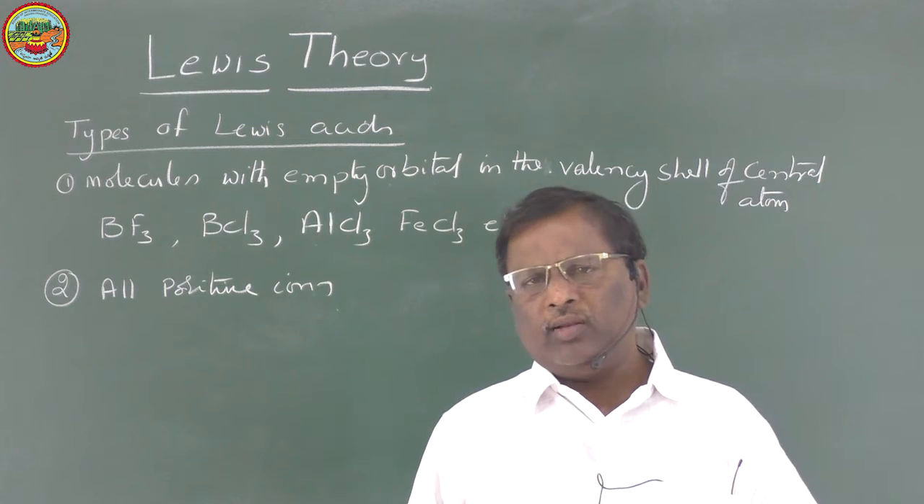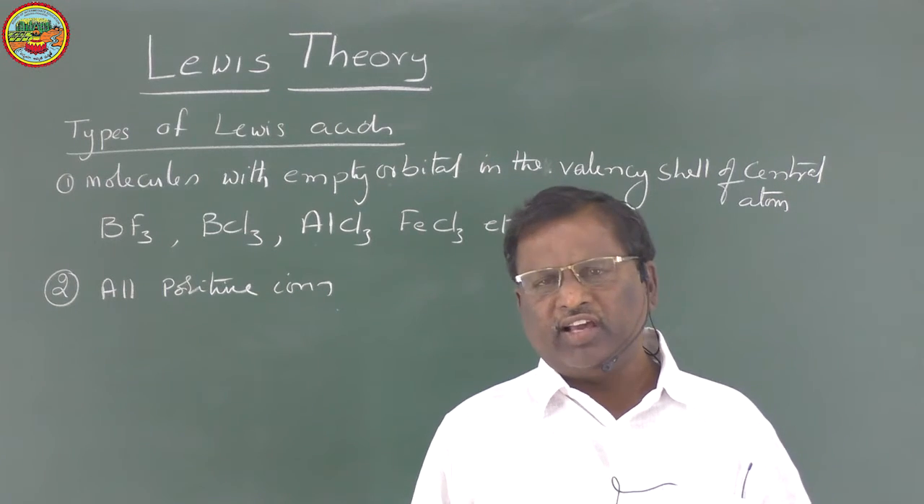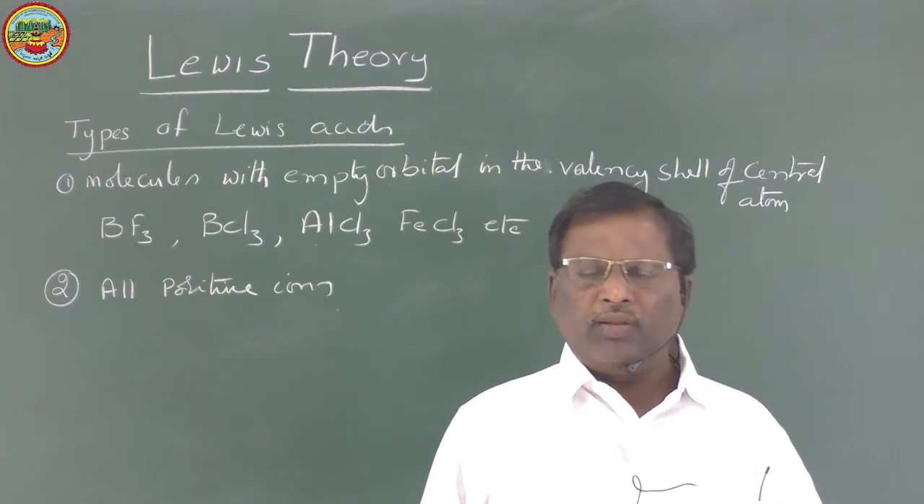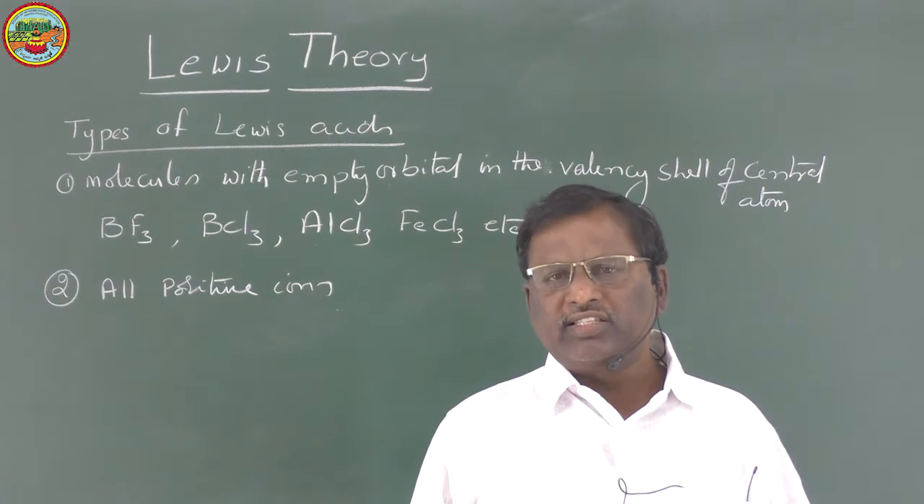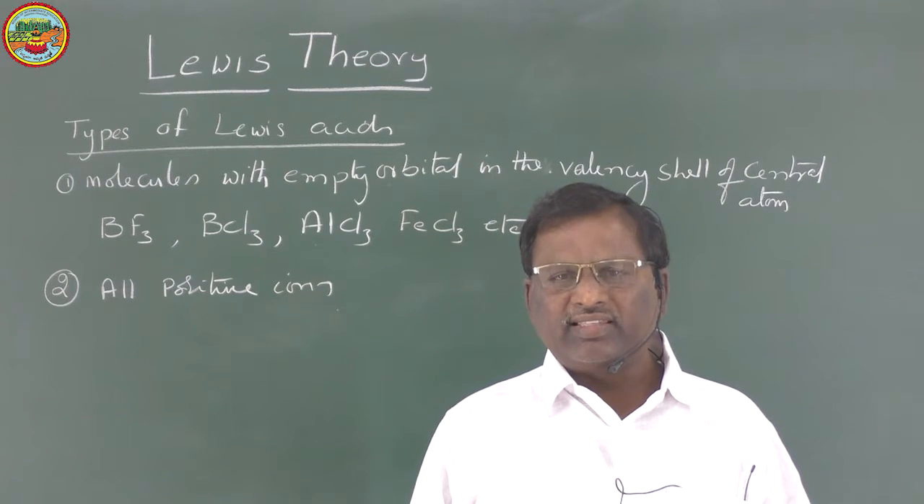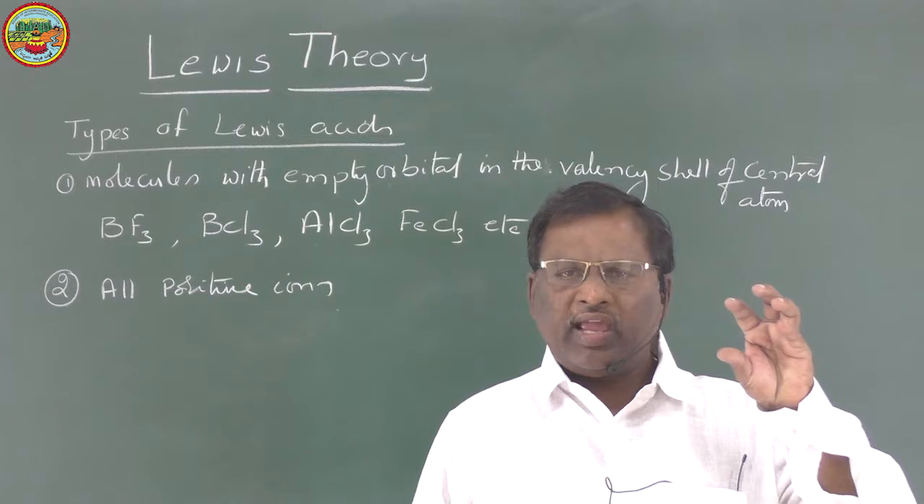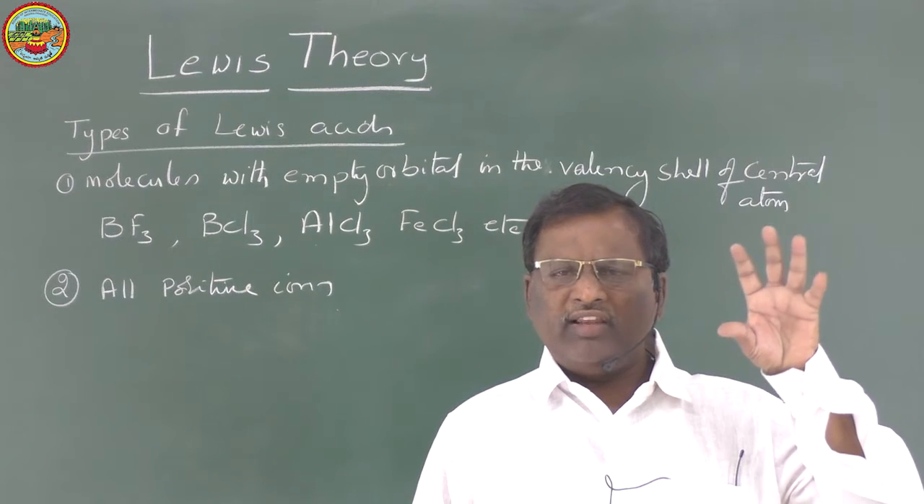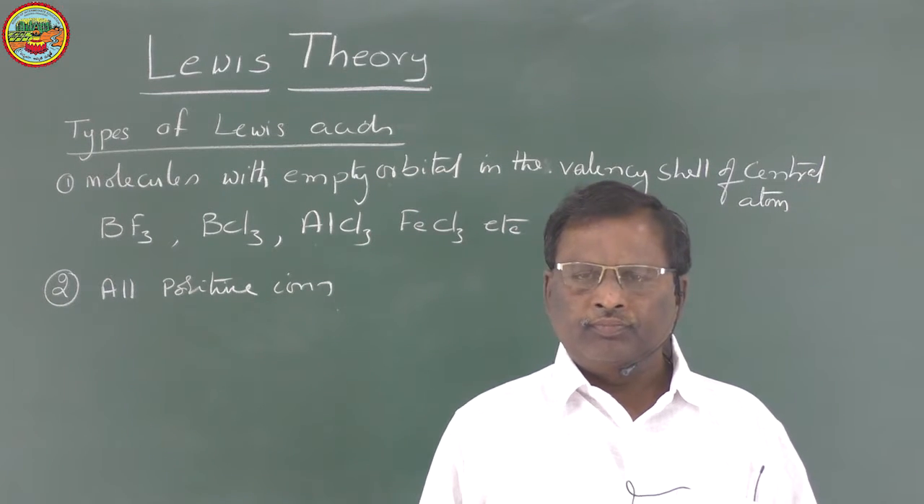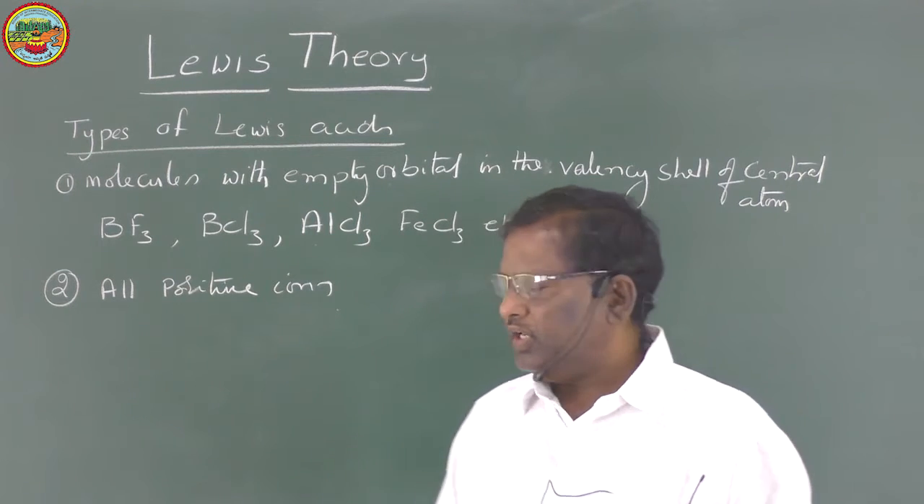Similarly, all d block elements have empty d orbitals in their valence shell. So all d block elements and their ions are considered as Lewis acids, because they have empty orbitals in their valence shell. And the third category is